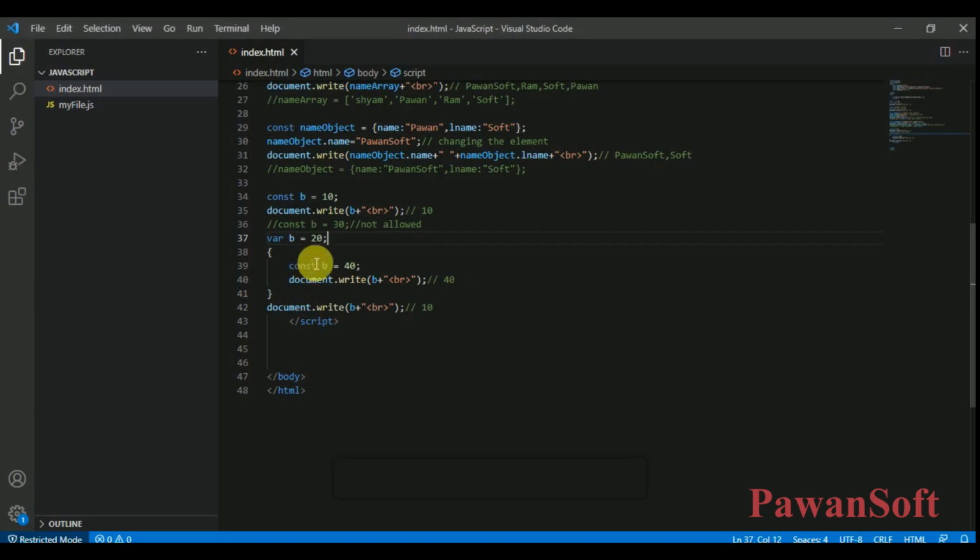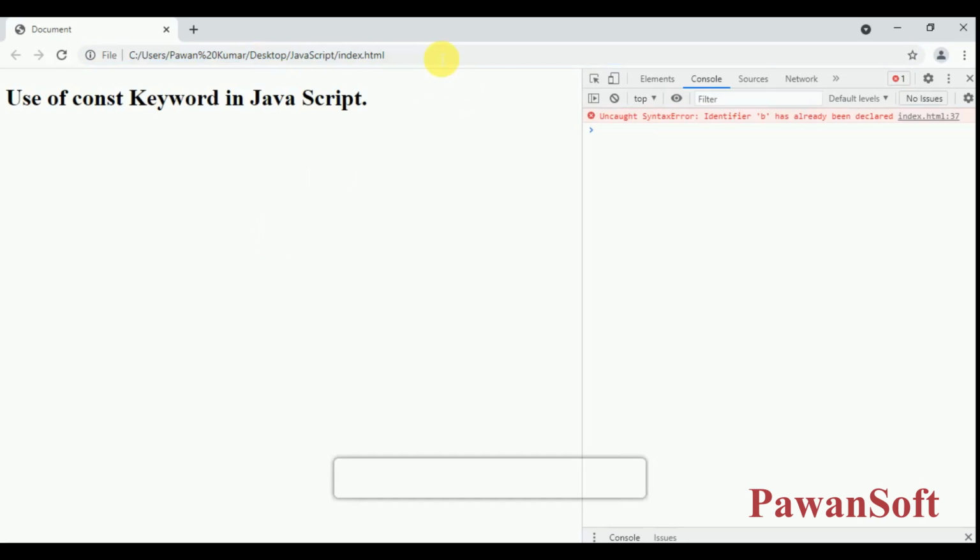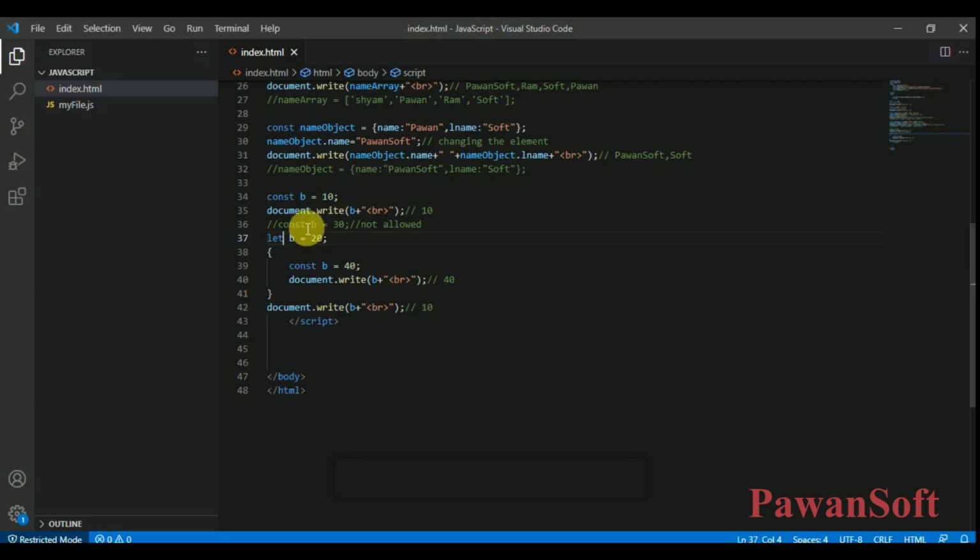It means when you declare any variable using the constant keyword, you can't declare a variable with the same name in the same scope using the var keyword or let keyword. If you change it, let's see again, same, you will get on line 37 that b has already been declared, right? So you can't do that.